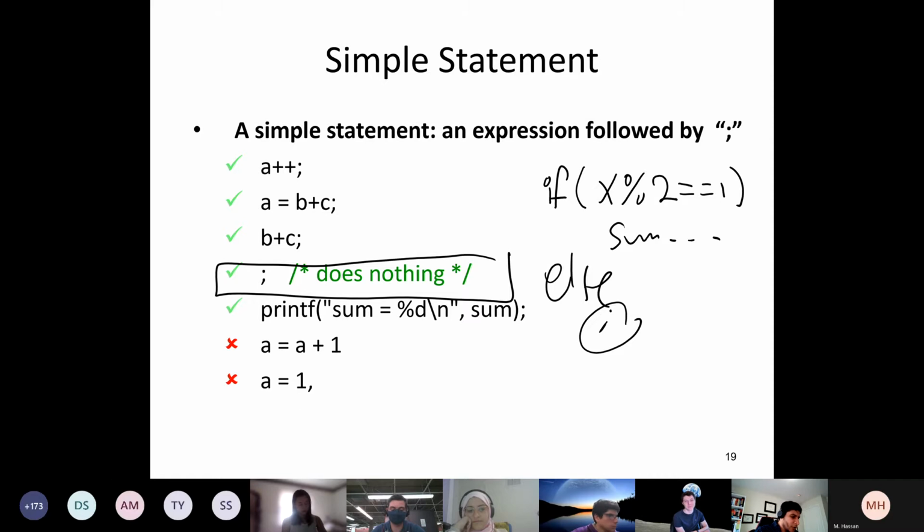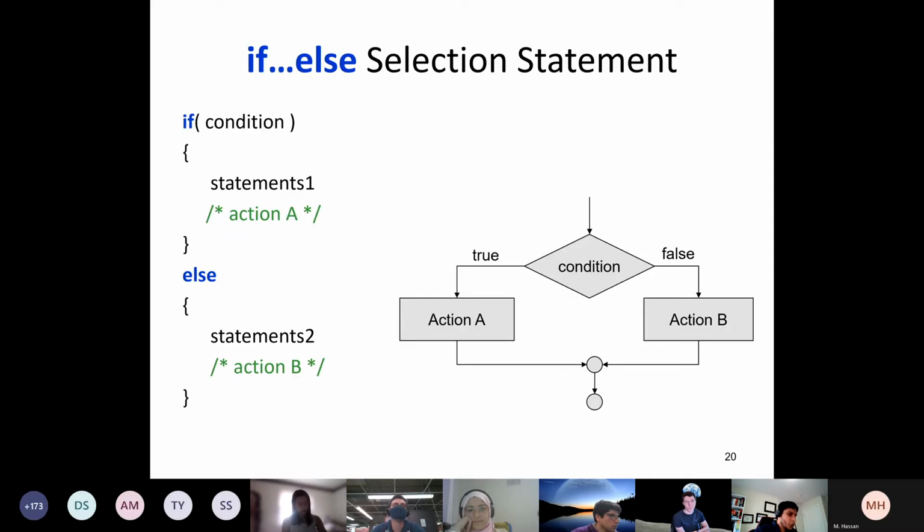Okay, this is wrong because we are forgetting the semicolon. We cannot have a comma. Good. And then jumping into the